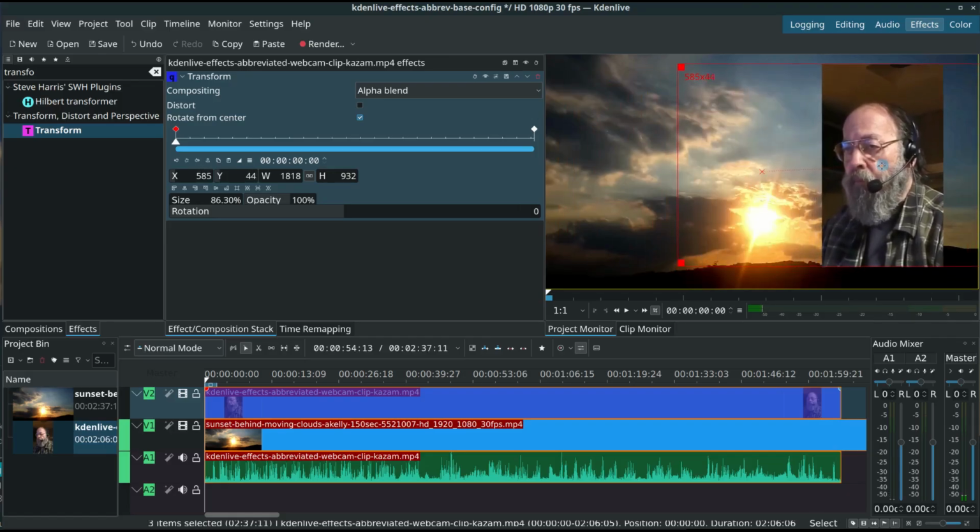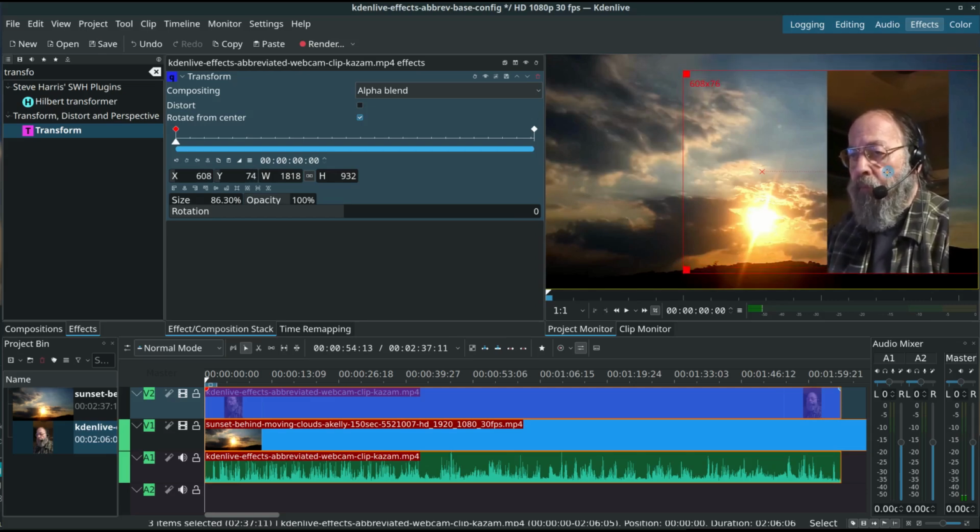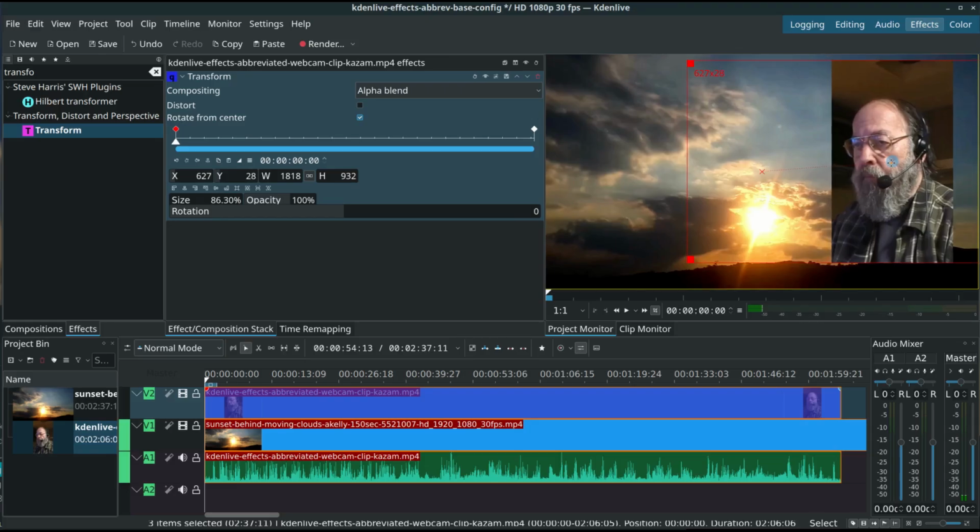and situate him over here. There's a reason why I'm putting him a bit towards the top. It's because when we crop, I want to crop more from here than from down here, which will place him basically in the middle. And this is really almost all that I wanted to do. Over here, I'm going to